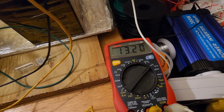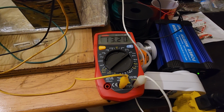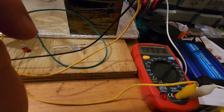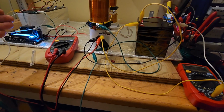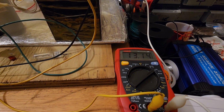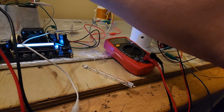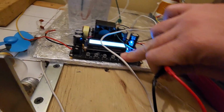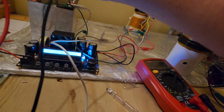Again, here's our charge. Look how quick we bounce back. Look how fast those supercaps bounce back. Incredible. So I just proved in this video I maintained a full charge, recharged the system to almost 100%, and we didn't lose any charge at all. And again, here's the charge on our input. .24. If I shut this off, because the system is drawing a load, the wireless power is drawing a load from the supercaps, draining the voltage, we will see we hardly...